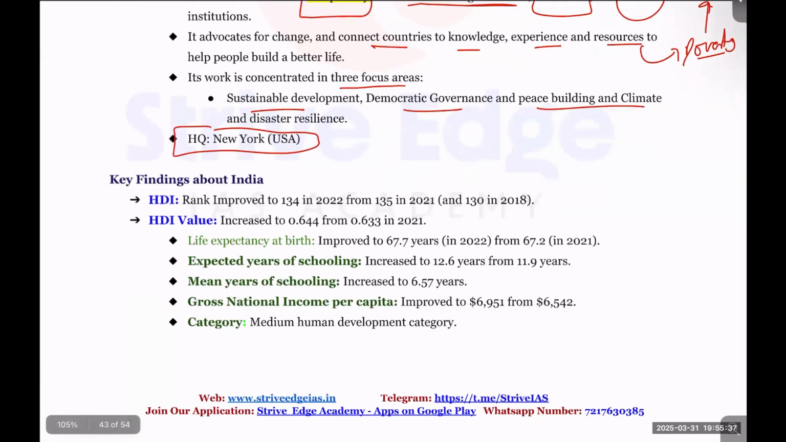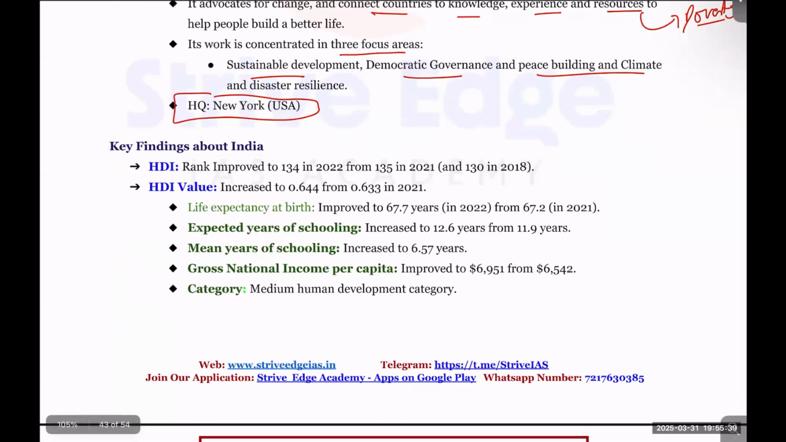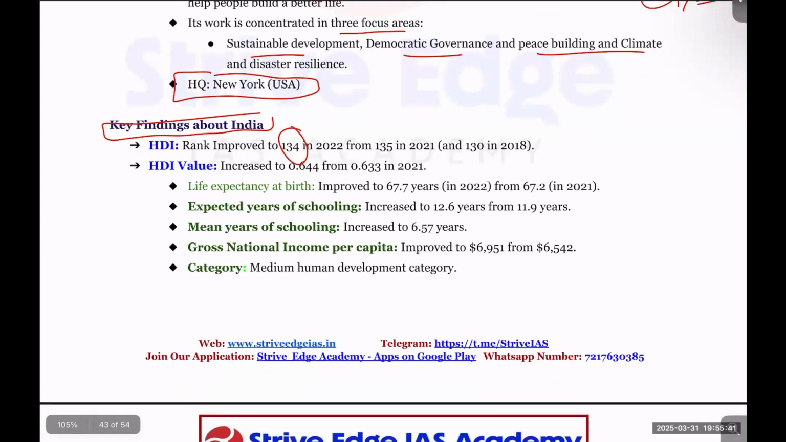Now, what has this index found about India? India has improved to 134 in 2022 from 135 in 2021, and it was 130 in 2018. That you must also remember. It was best in 2018, then it fell by 2021, and from there we have improved by just a single step, right? Now, the HDI value has increased to 0.644,